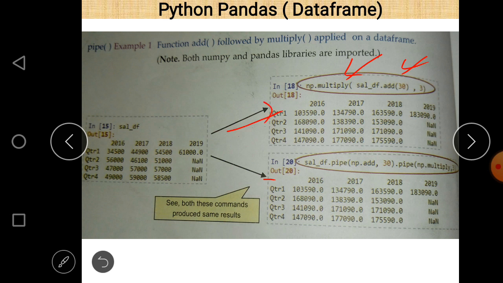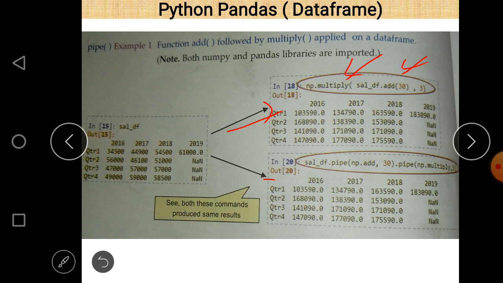You can check this: the first value after the execution of this statement, for QTR1 and 2016, is 1,03,590, and the actual value in sal_df against QTR1 in 2016 is 34,500.